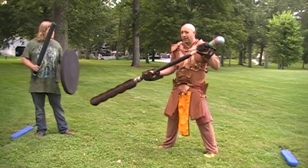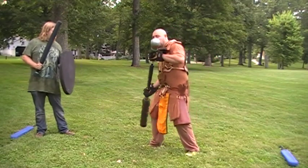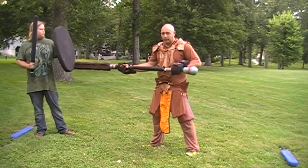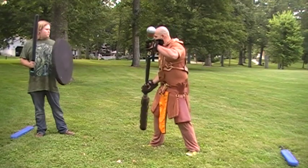Usually, one of my favorite combinations of strikes is a 3-strike combination where it's a rising shot to the bottom edge of the shield to bring his shield up in front of his face and to basically choke him up on it so he can't swing very well with his sword arm. So it comes 1, 2,